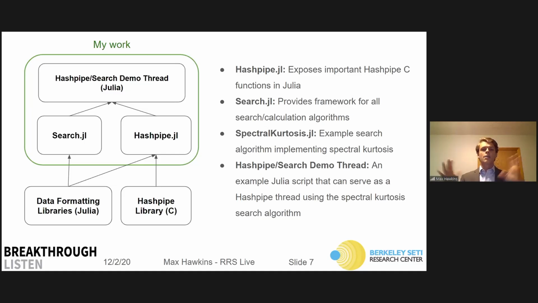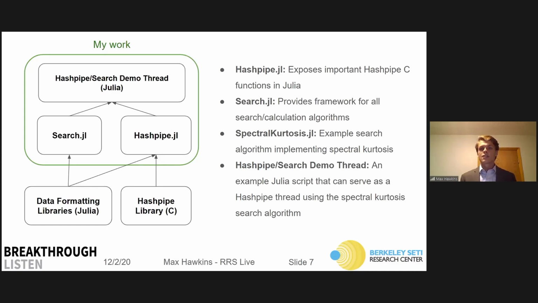But I combined all this together to create this hash pipe search demo thread, which takes all of this C code, wraps it into Julia, and is running an example algorithm on hardware that is very much like the hardware found at MeerKAT or found at other radio telescope facilities. And it's meant to show you don't have to be an expert C or CUDA programmer to be able to do these things,